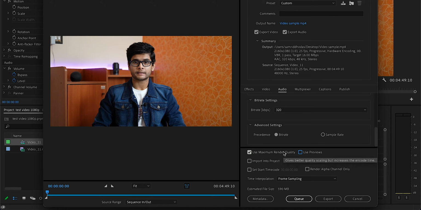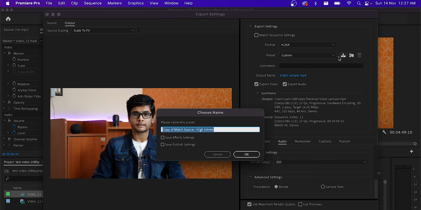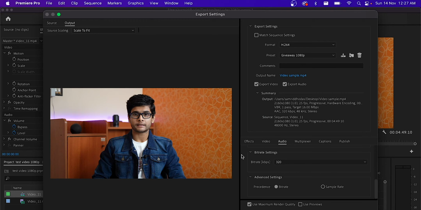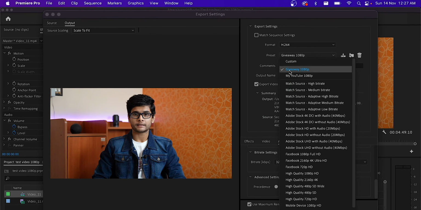And most importantly, you can keep all these things as a preset. Just tap on the save preset icon and name it whatever you want. I will now name it giveaway 1080p. And then you can check these boxes, but right now it is not important, so let's press OK. And now as you can see, a preset is created known as giveaway 1080p.